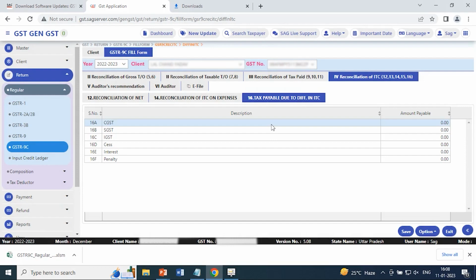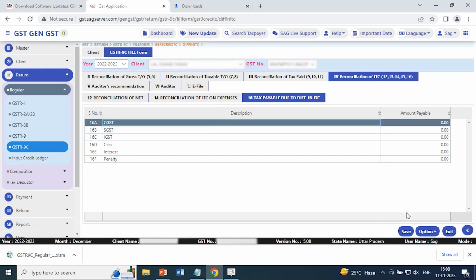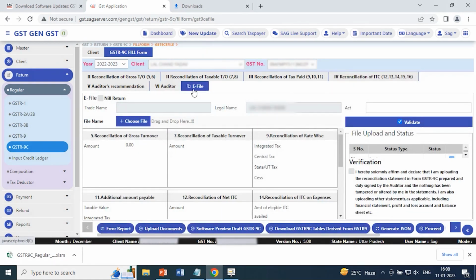Next option is tax payable due to difference in ITC. Now here you can check the particular tax due to difference in ITC. If any difference is there, you can check the particular amount from there, or if you want to import it, you can use this option for import purpose. After cross-checking all details or verifying the details, click on this save tab and then go for the final option,